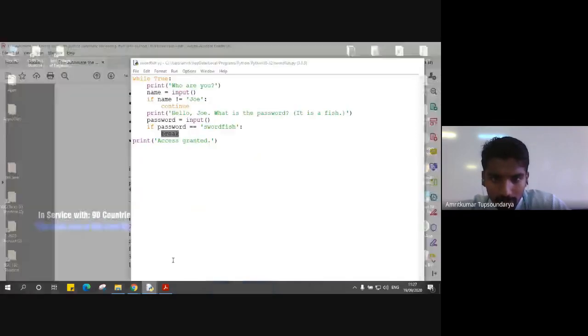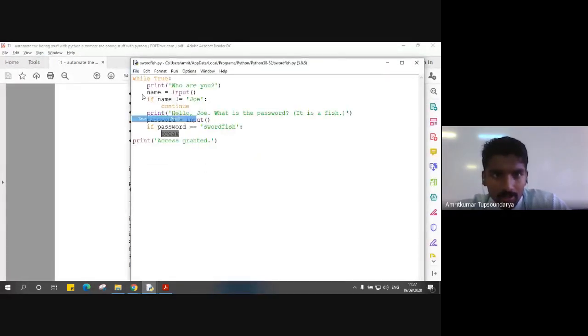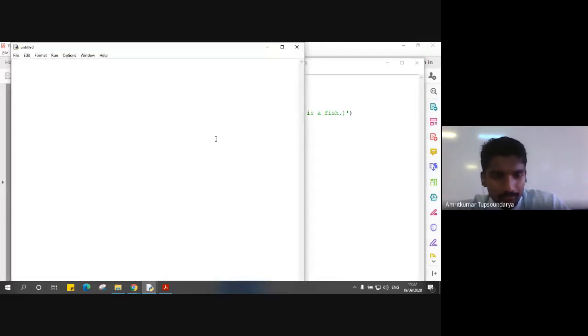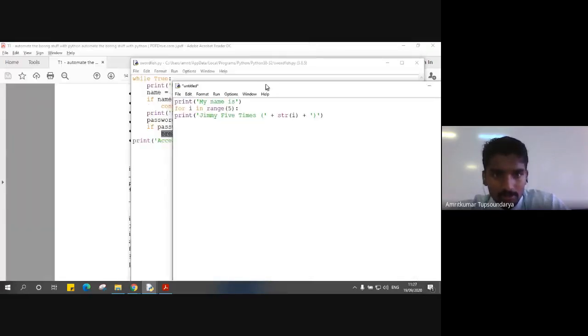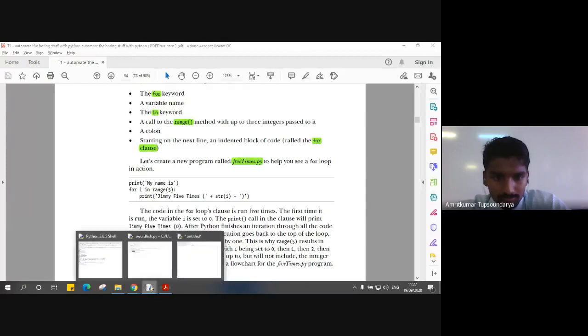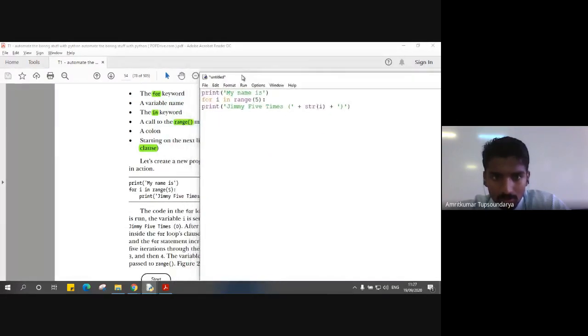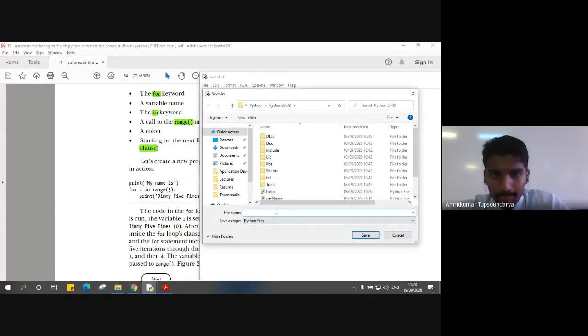Let me open my Python IDE, create a new file, and save this file as 5 times itself.